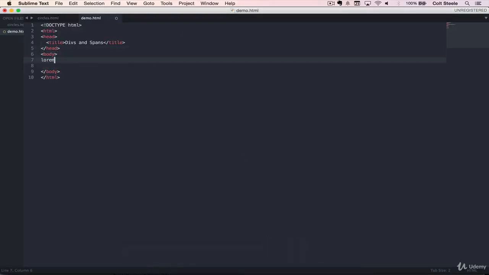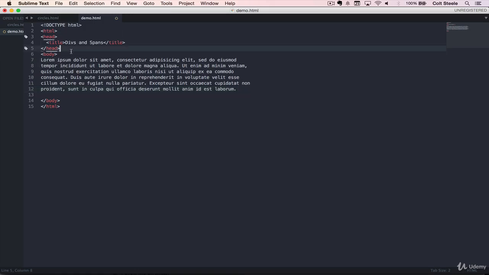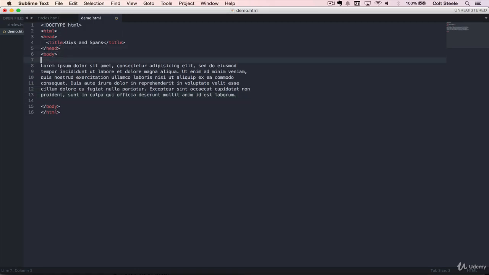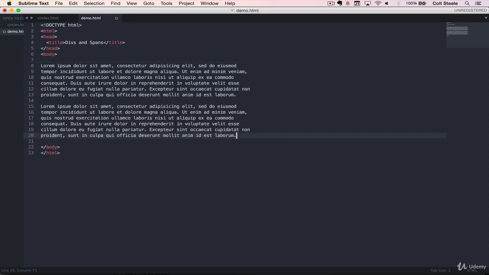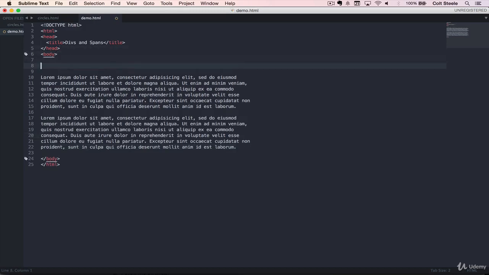So if I add some text here, and this is actually something that one of the students in this course pointed out in the discussion forum that I didn't know about, which is nice. If you just type lorem and hit tab, it will give us lorem ipsum. Basically just a bunch of sample text, placeholder text. So I'm going to use this, make two of those, and then also I'll add in an h1. And let's say that this h1, it doesn't really matter, I'll just put anything there, but let's say that this is a paragraph,